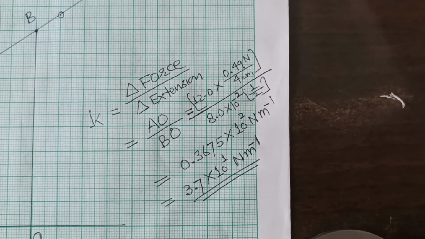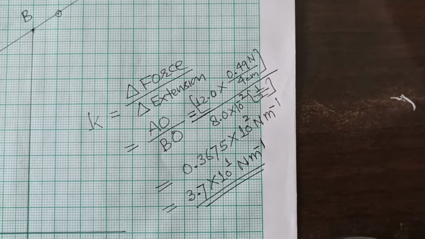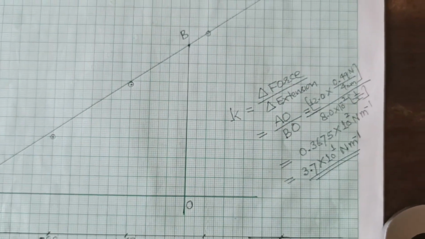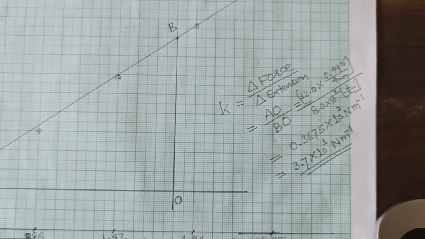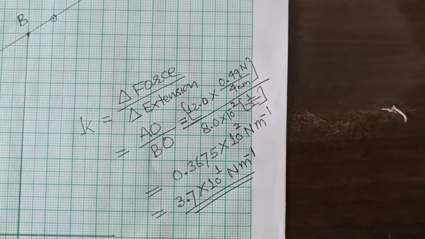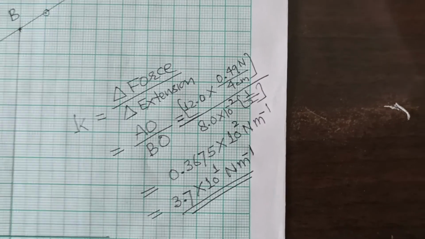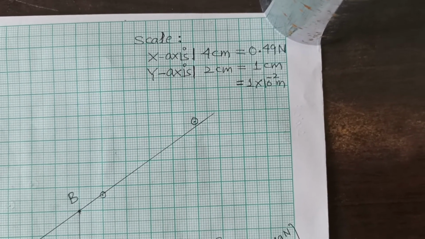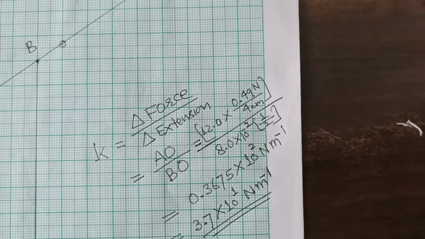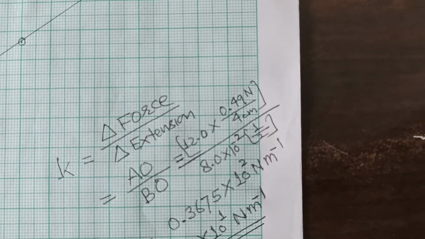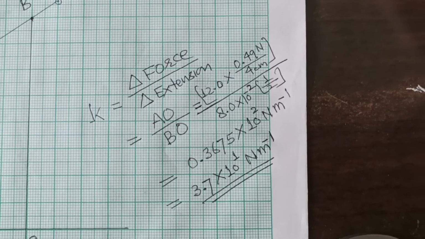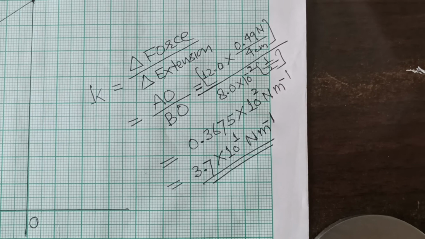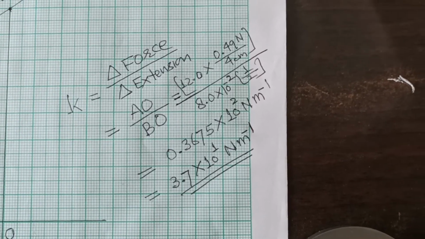You can see how the values are substituted. AO was the length on the x-axis and OB was the length on the y-axis. The values were written in centimeter, then scale was used. 4 centimeter was 0.49 Newton, so for 1 centimeter, 0.49 by 4 was multiplied. Similarly in the denominator, so mathematically when evaluated, you find 0.3675 into 10 to the power 2 Newton per meter,